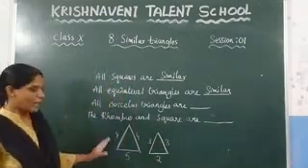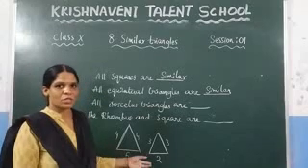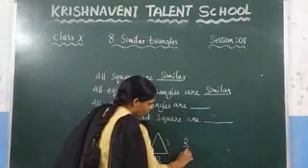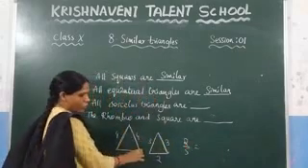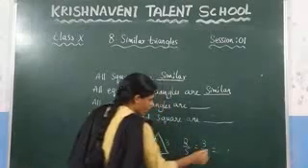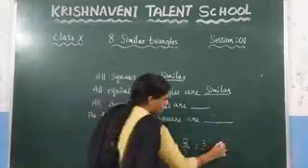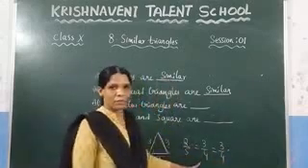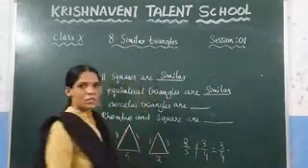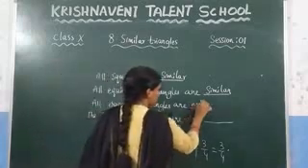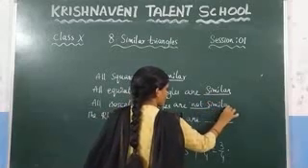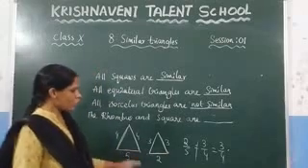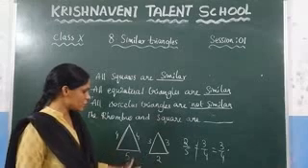There is no need to check the angles, because here the corresponding sides ratio are not in the same ratio. Clearly, if you take 2 by 5 here, it should be equal to the next one, which is 3 by 4. So consider here 3 by 4. What is the next ratio? Again 3 by 4. Clearly you can see that these values are not equal. That means 2 by 5 is not equal to 3 by 4. Since this condition is not satisfied, we can say that those are not similar. So both the conditions should be satisfied. Since the corresponding sides ratio are not equal here, we can say that these two figures are not similar.